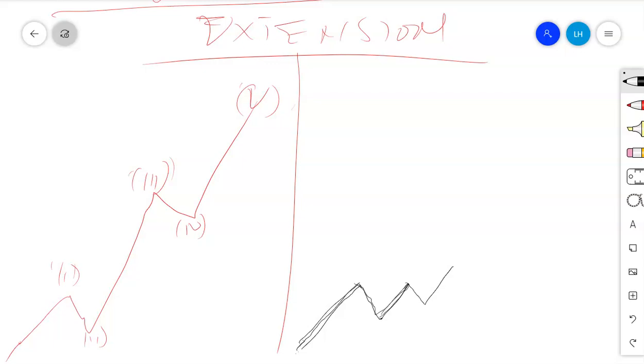Now here it is very simple. It will be simple if we consider this extension as being within a third wave. So now this is the first move, number 1. This is number 2. We expect this to be number 3, but according to Elliott wave rules, wave number 3 can never be the shortest of wave 1, 3, and 5. You expect that this is 1, 2, then this is 3, 4, 5.